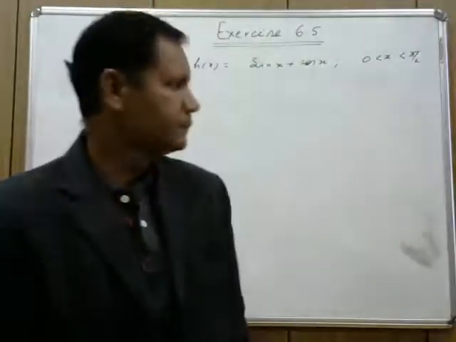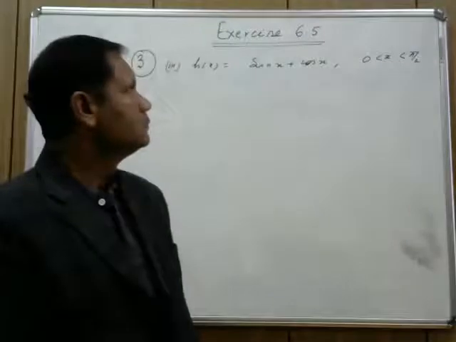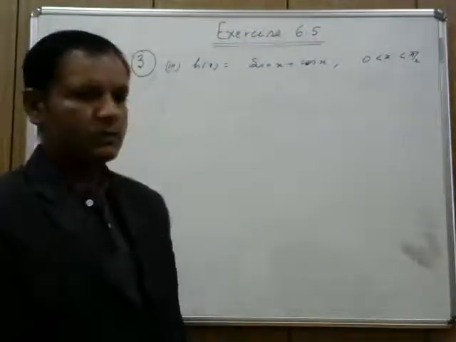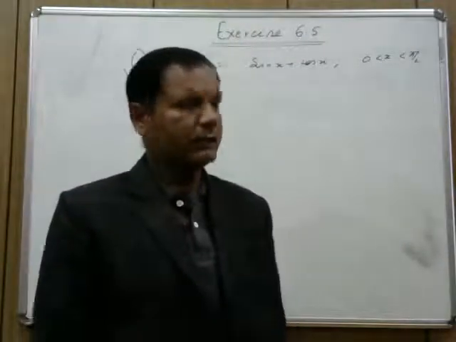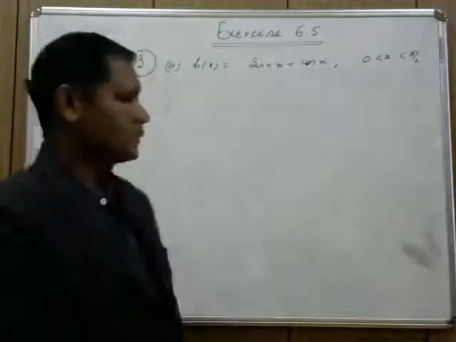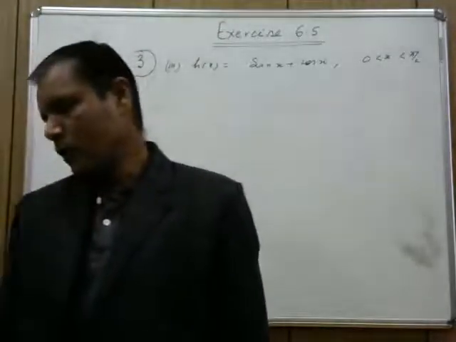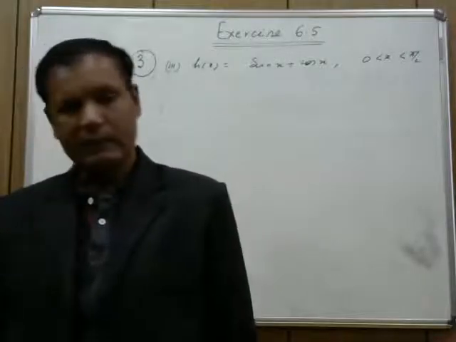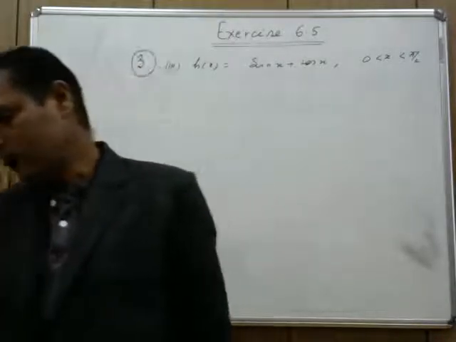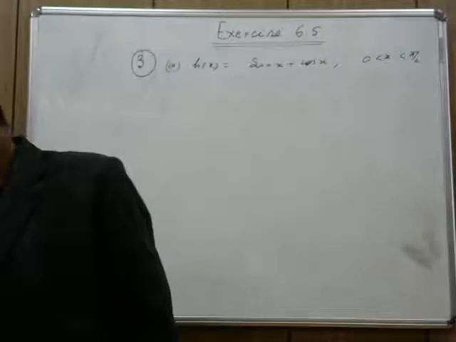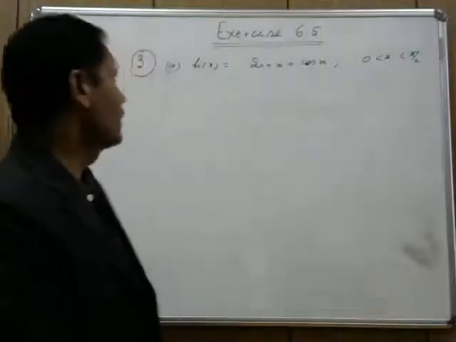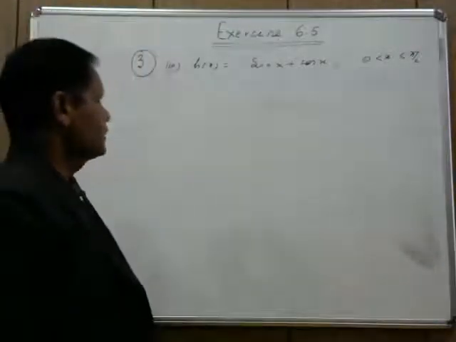And first two questions also we have solved. And today I will bring the third question. In the third question we have to find the local maxima and the local minima of the given function. There are 8 parts of this question and the third part is here that h of x is equal to